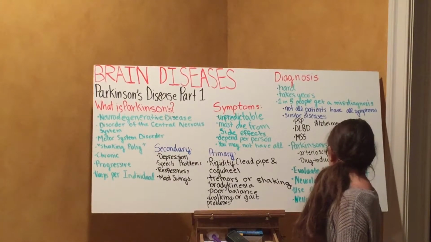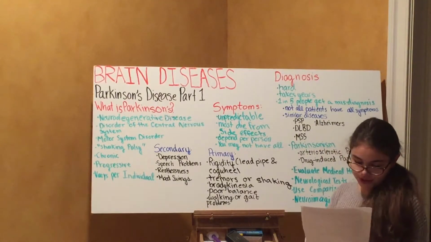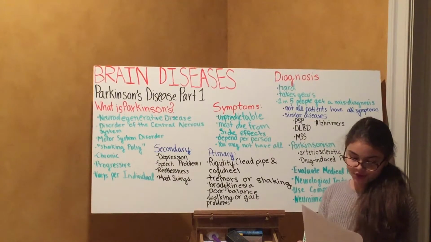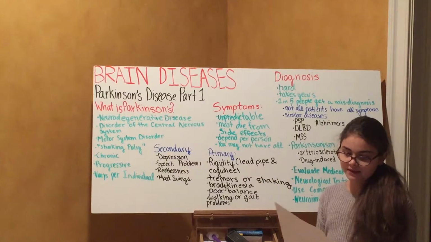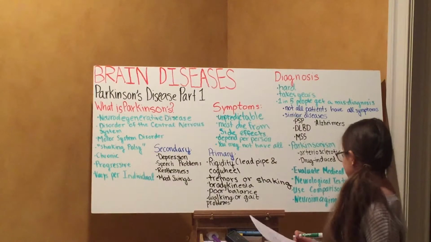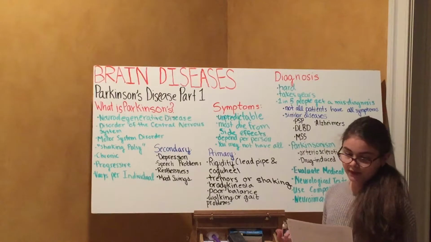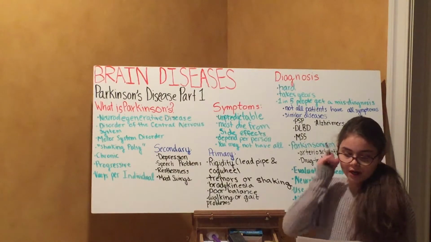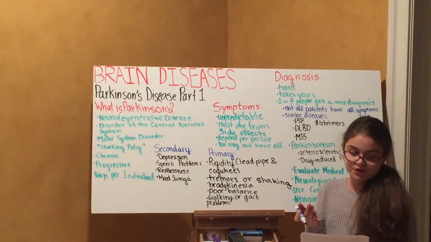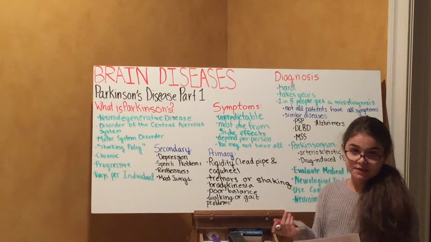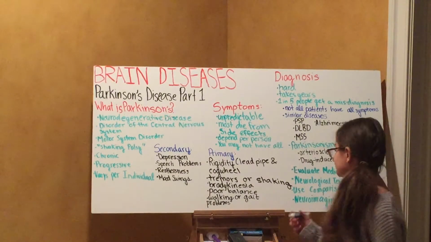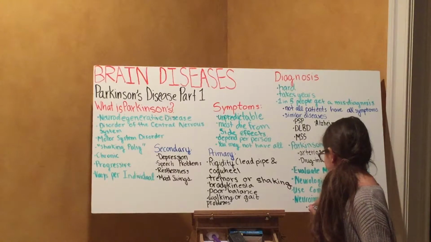Now, neuroimaging measures which nerve cells are affected by the disease, and a type of neuroimaging, a neurotechnique that is used to assess how fast or far Parkinson's disease progresses over time, is a PET scan.